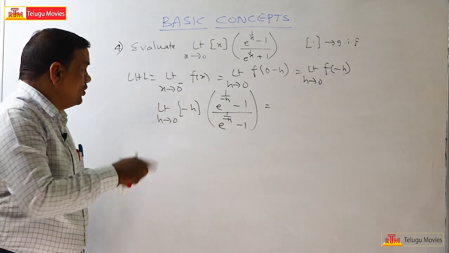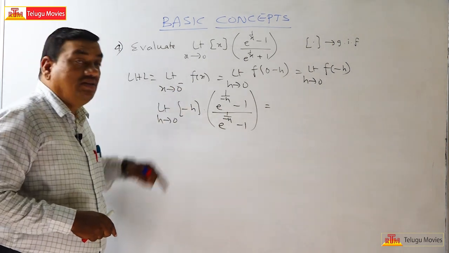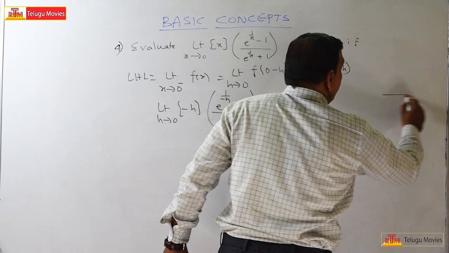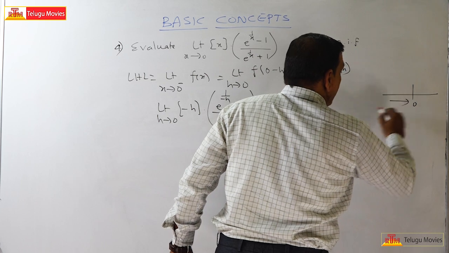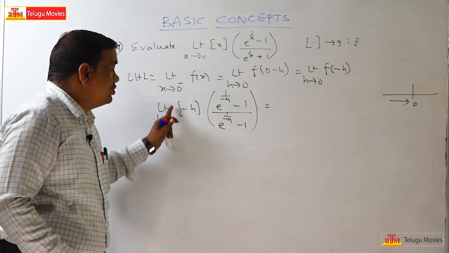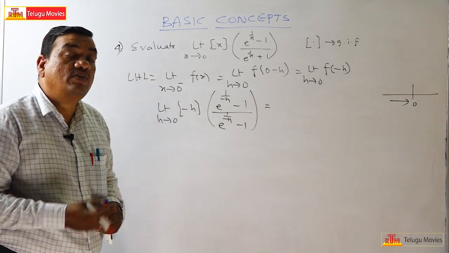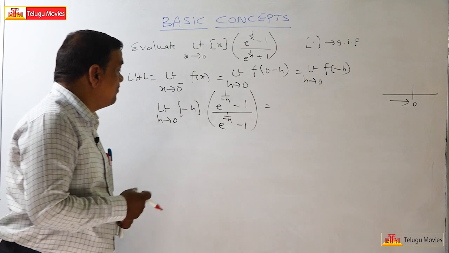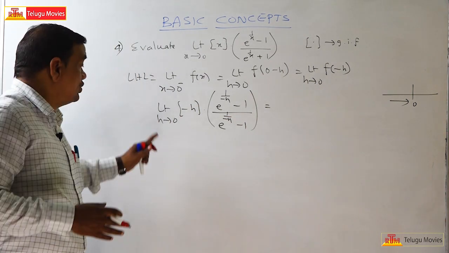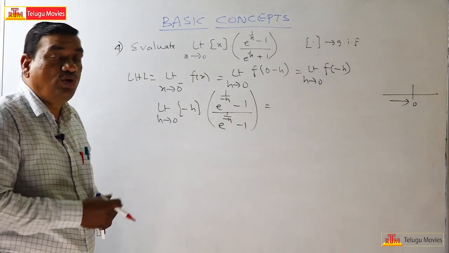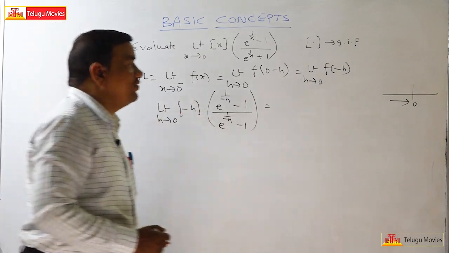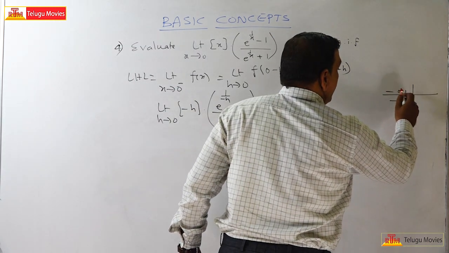Limit h tends to 0, that means here you are approaching 0 from which direction? You are approaching 0 from the left direction, so from the left hand side you are approaching. Limit h tends to 0, step of minus h will be how much? As h value approaches 0, as x tends to 0 we are approaching from the left hand side. So here what will we get? So this is equal to minus 0.1,